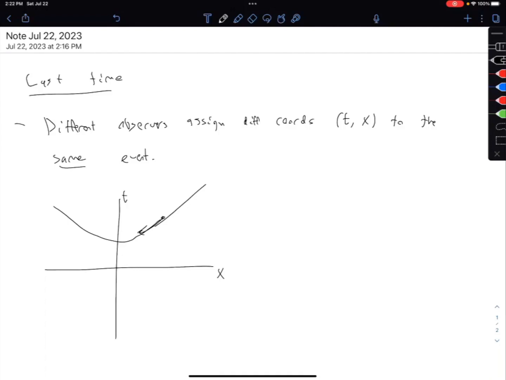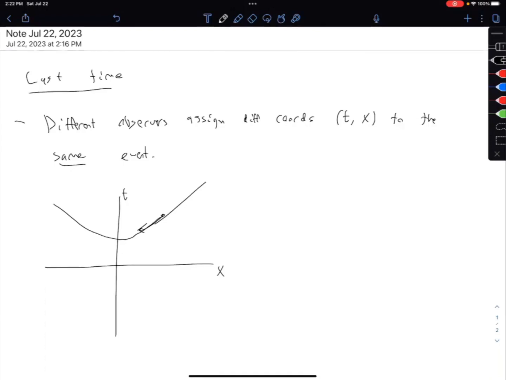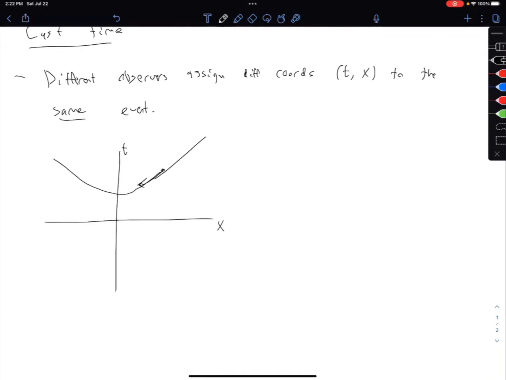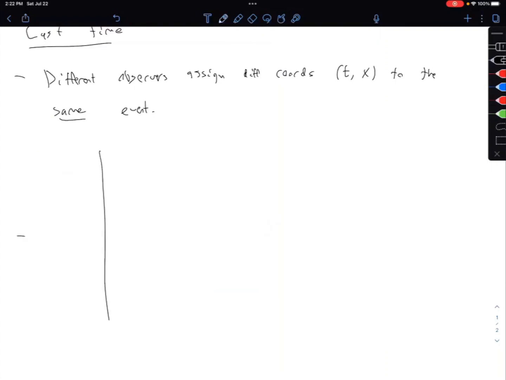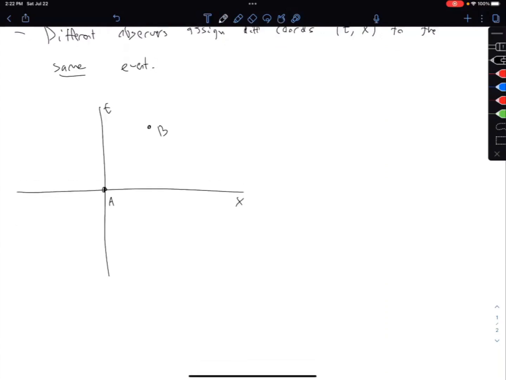And the only reason it looks this way is because I was drawing the coordinates that an observer in the primed frame would assign to an event on the same graph, which is a pedagogical mistake on my part. A more accurate picture is that you have t and x, and then you have some events. Let's say we have two events, and I'm going to call them A and B. And then in another frame,